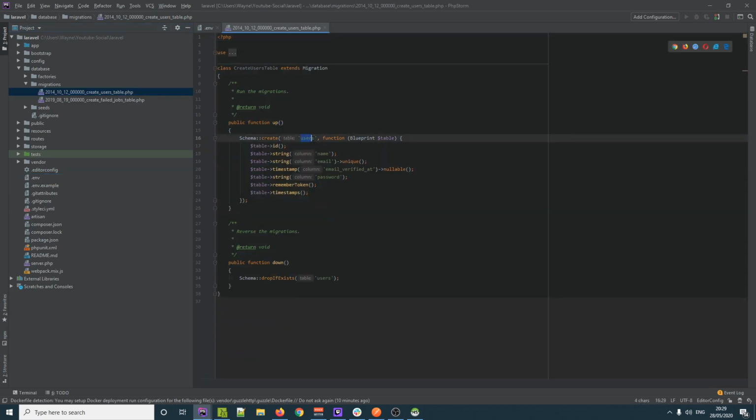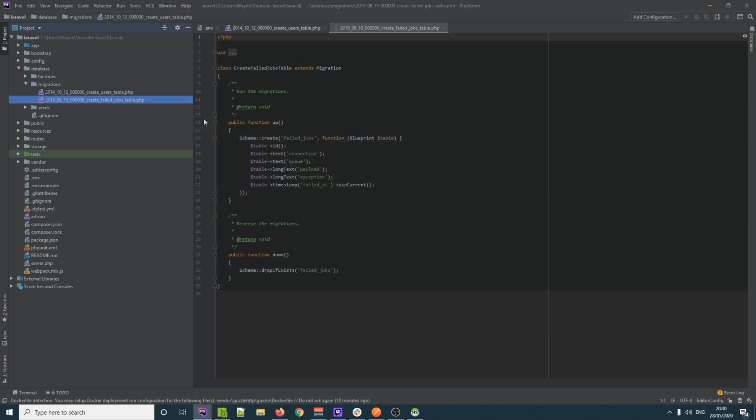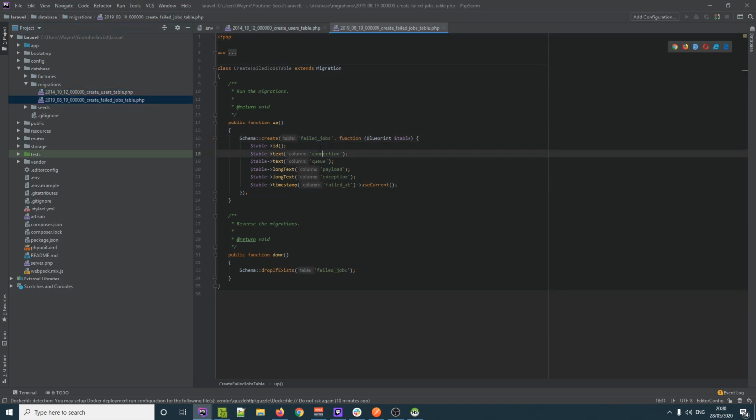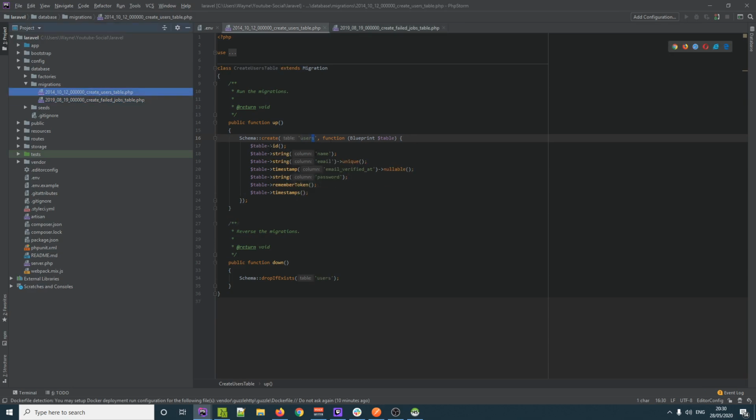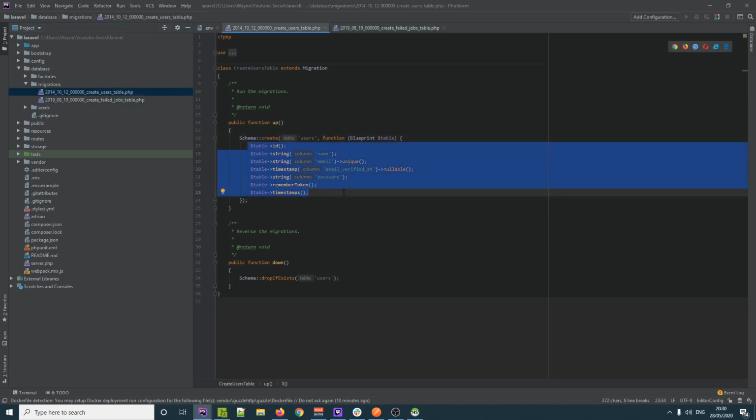So we're going to have users, but then later on, we're actually going to be using the singular, which will be user. So it might get a little bit confusing sooner on, but your table names are all going to be plural, with just user to users in this example. And also the same here, you've got create failed jobs. So here's your failed jobs. I'll show you how to make these later on in the tutorial, how we're going to create our own migration script. So don't really worry too much about each one of these values,